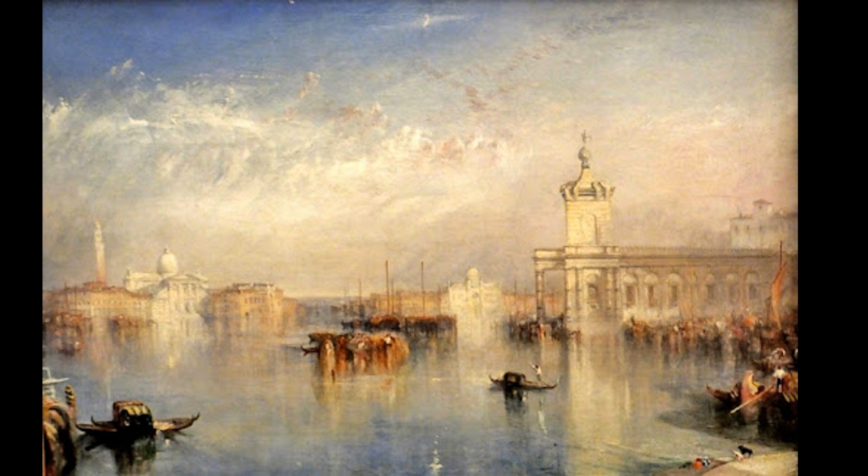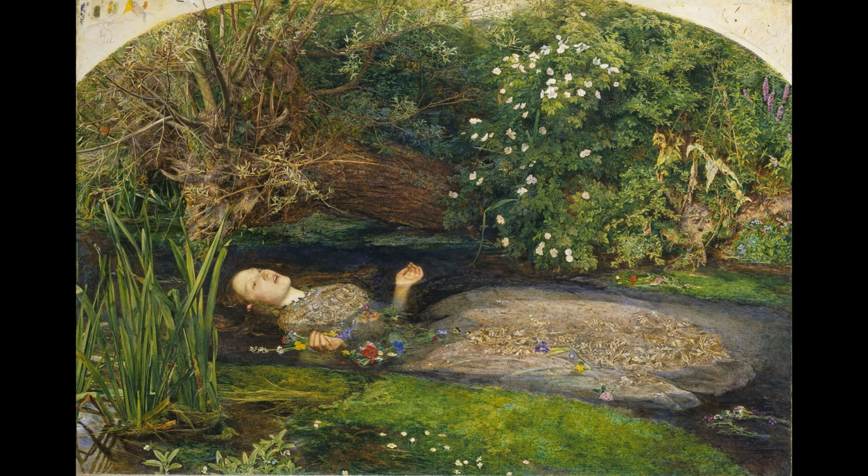At approximately the same time, we'll find Turner, one of the proto-impressionist painters. This is from Venice, obviously, and see how he portrays the atmosphere and the light, and the color is very distinctive. This again is a very English painting indeed, with all the greens and all the